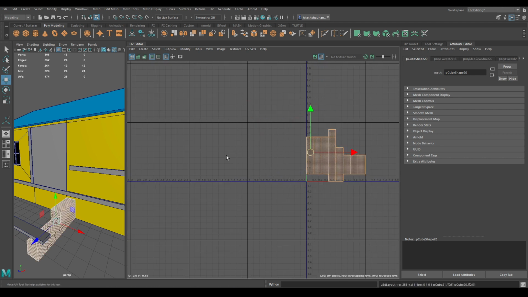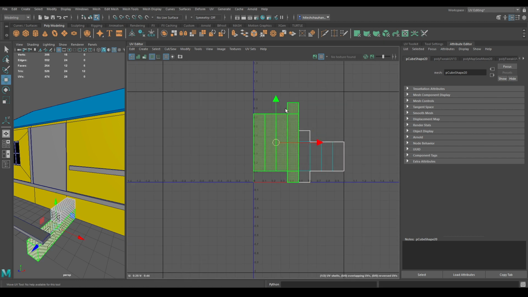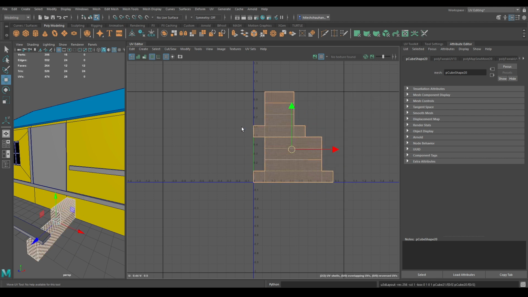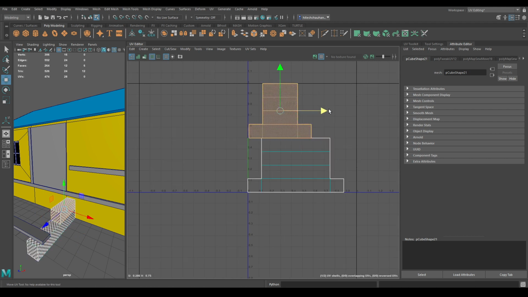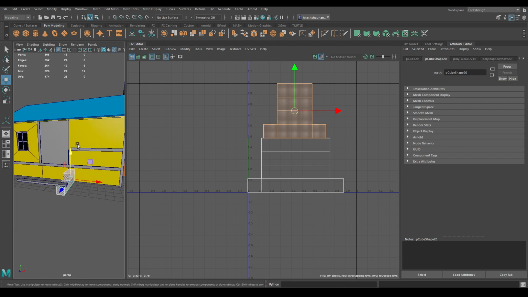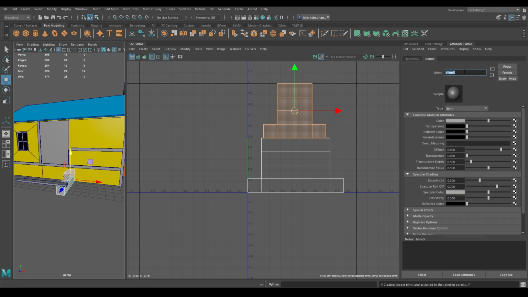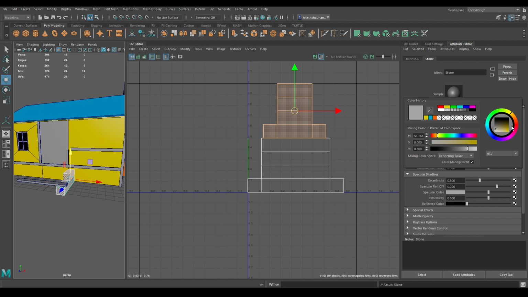And layout. Assign a new material and rename it as stone. Assign any color you want.